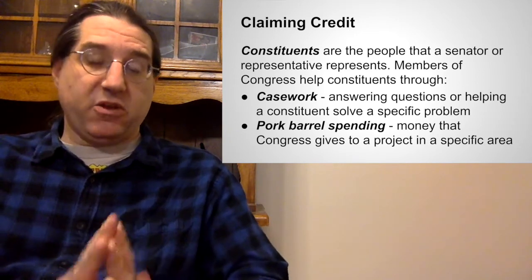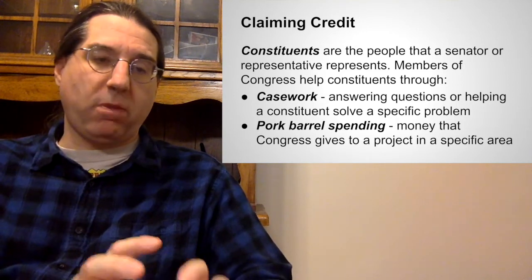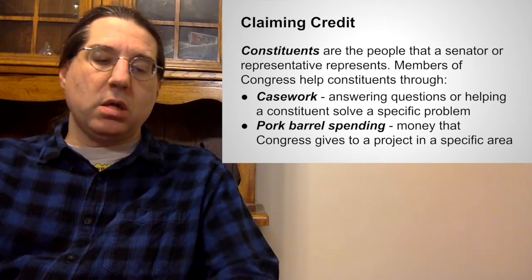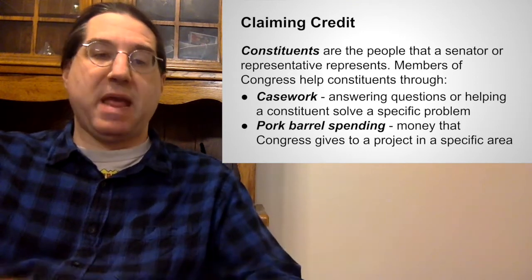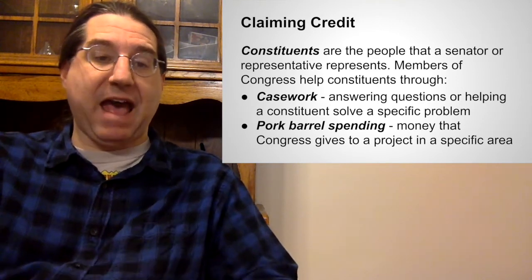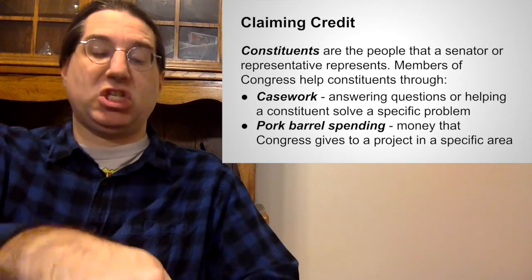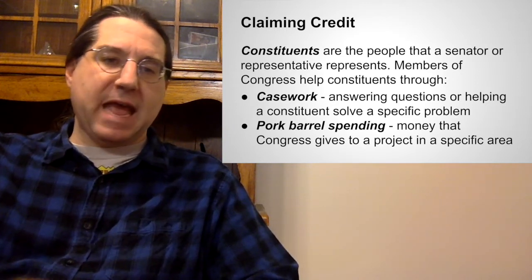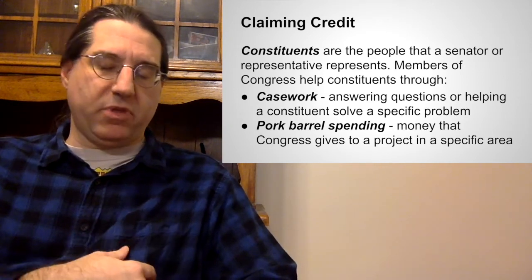Pork barrel spending is another thing that senators and representatives can take credit for. And the idea of pork barrel spending is that a law can have general instructions of, let's spend so much money on highways. In addition to that, it can have specific instructions to spend this amount of money on this specific highway project. So if I'm trying to get Congressman Smith to vote for my bill, and I'm the leadership